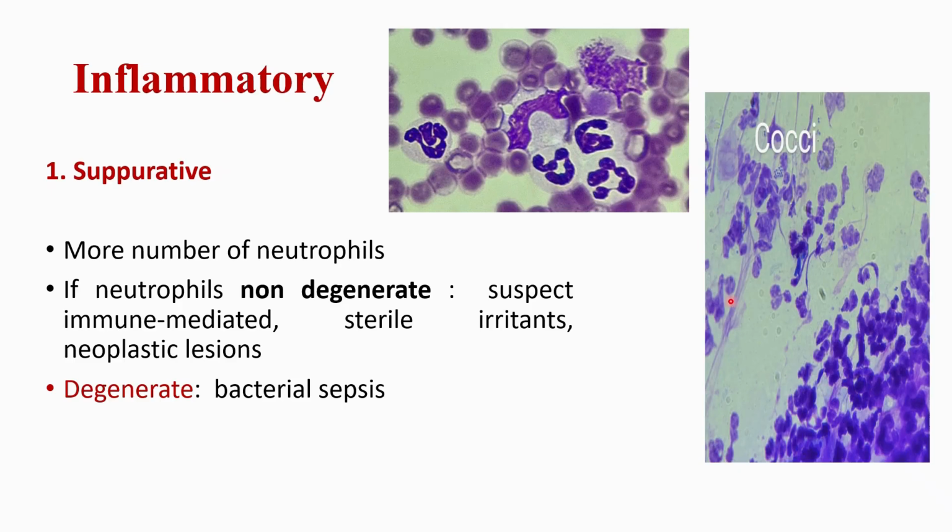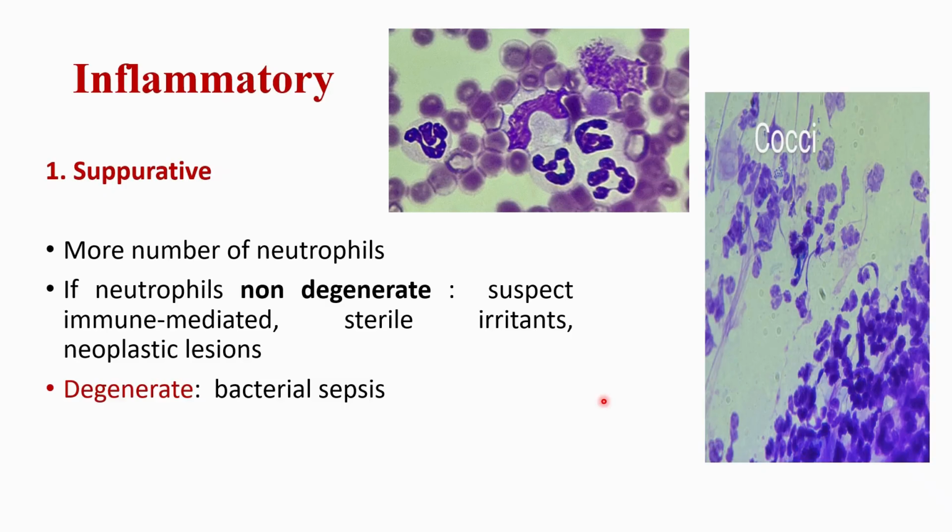In contrast, in the second picture, you can see a degenerate neutrophil showing nuclear swelling, pale or fragmented chromatin, and sometimes karyolysis also, where the nuclear material begins to dissolve. The cytoplasm may appear vacuolated, and these changes are commonly associated with bacterial infections or a toxic inflammatory environment. In summary, non-degenerate neutrophils indicate a normal inflammatory response, while degenerate neutrophils point towards a toxic or infectious process, helping guide